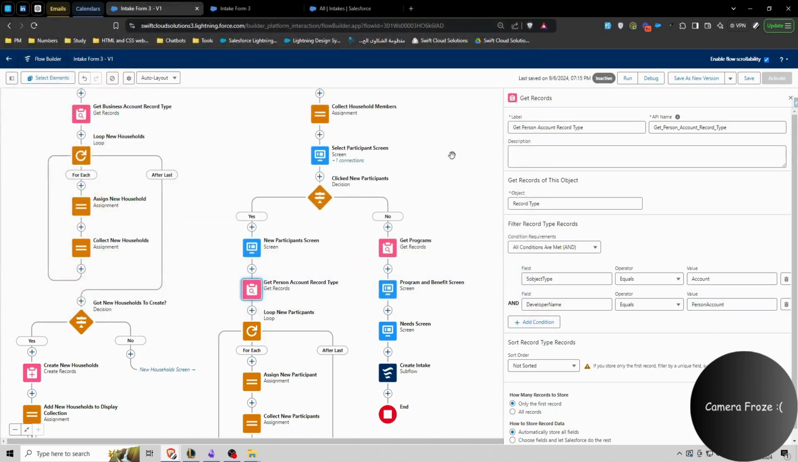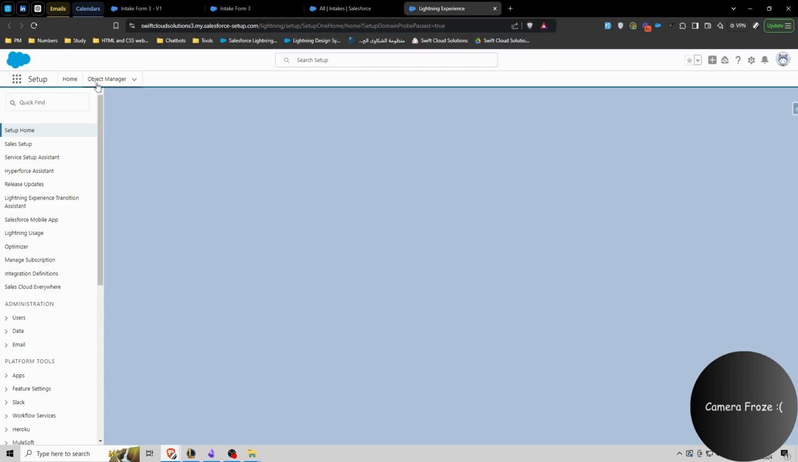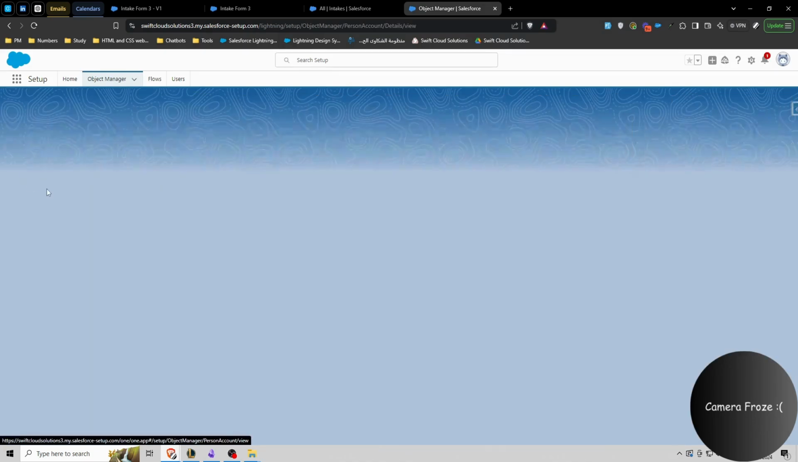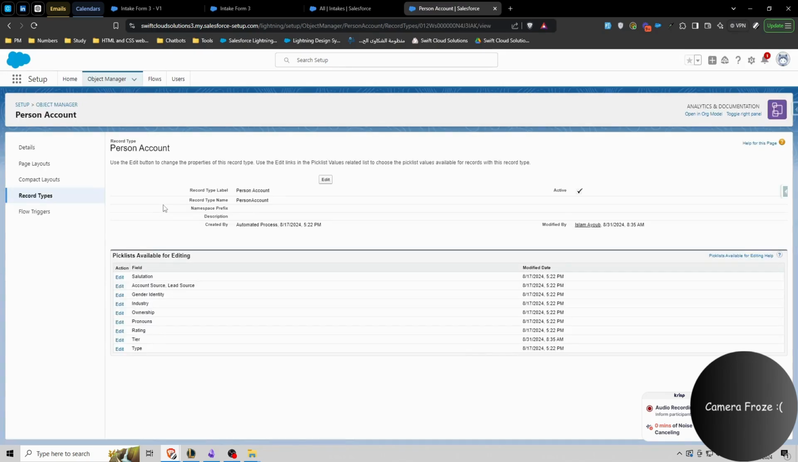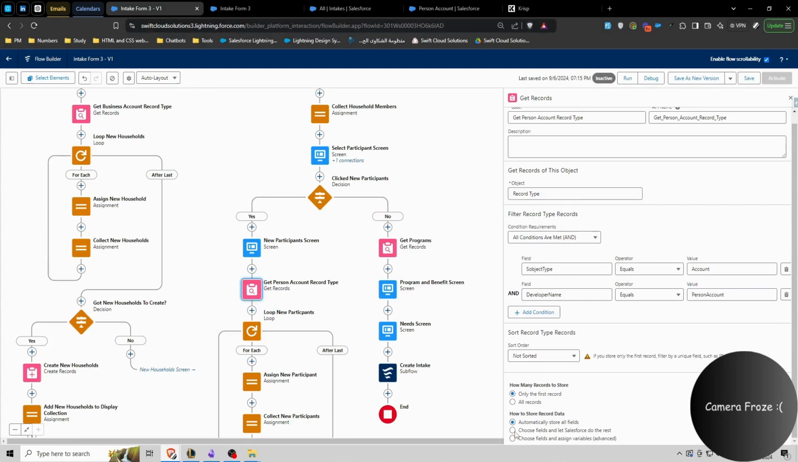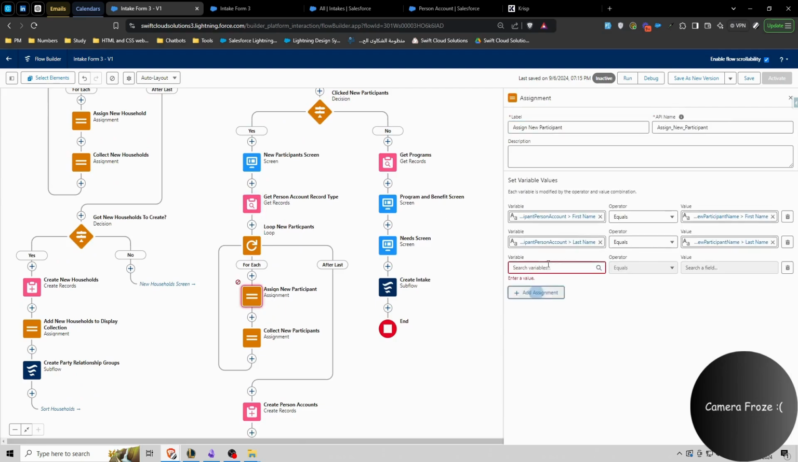Even if you know the name, it is better that we actually go and copy and paste. Object manager, person account, and then record types, and the record type developer name is person account. Person account. All we need is just the ID, and then when we assign these participants,